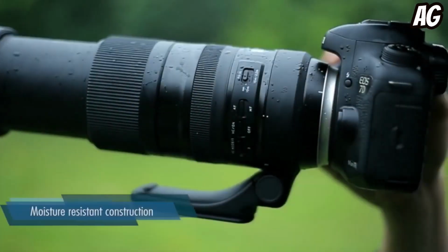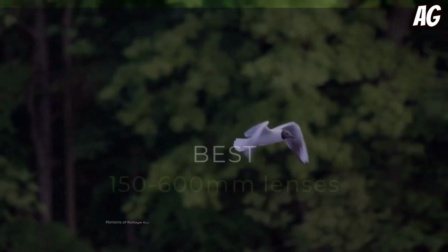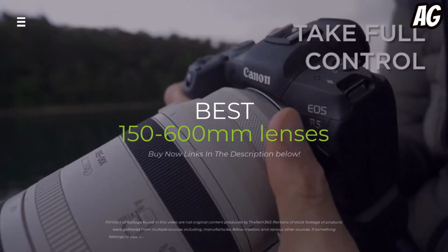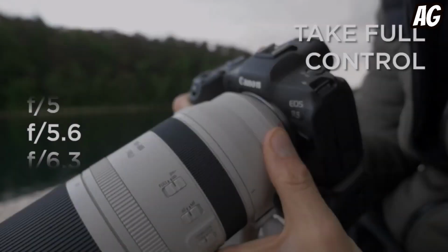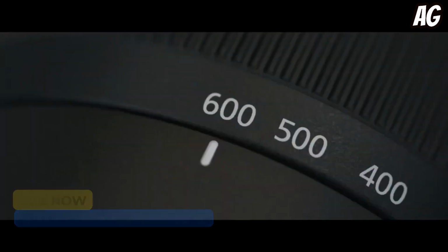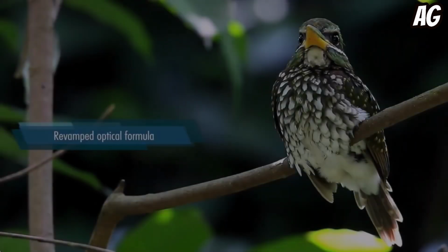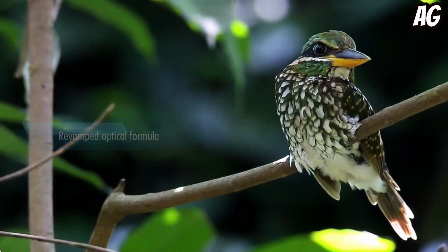Hey guys, are you looking for the perfect telephoto zoom lens to capture wildlife, sports, or action shots? Look no further. In this video, we're diving deep into the best 150-600mm lenses you can buy in 2024. We'll be comparing top contenders from Sigma, Tamron, Olympus, Nikon, and Canon to help you find the perfect fit for